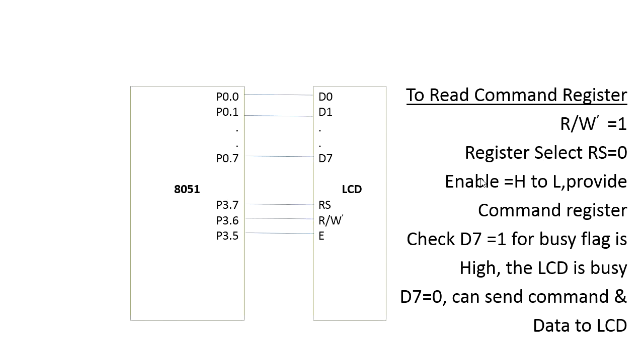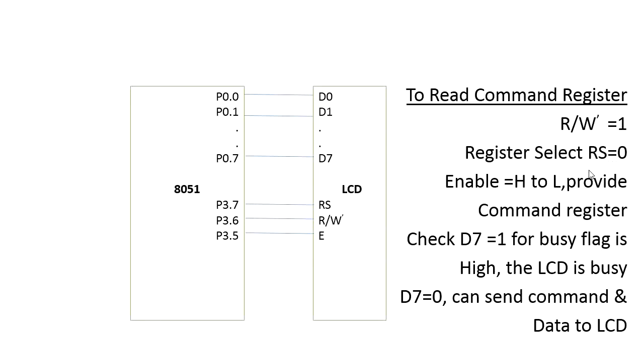So here, whenever we are going to transmit a command from the microcontroller to the LCD device, that command we are going to store into the command register by making RS equal to 0. Whenever you make RS equal to 0, whatever command is transmitted from the microcontroller to the LCD device is stored into the command register here.